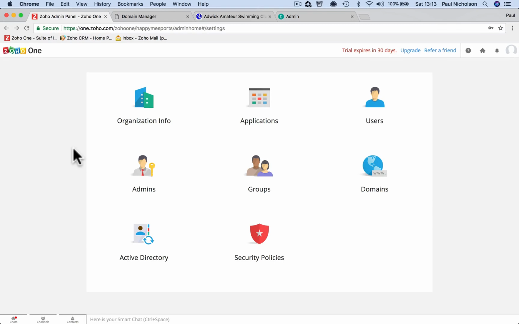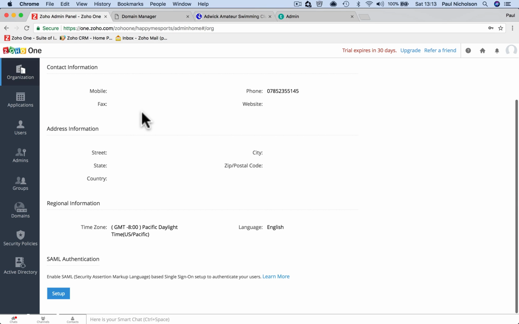Okay, so let's talk about your Zoho One management area. We can fly through this. Once you've set it up, you're not going to spend a whole lot of time in here. So, organization info. When you set up new areas and new sections, you want to add your information here